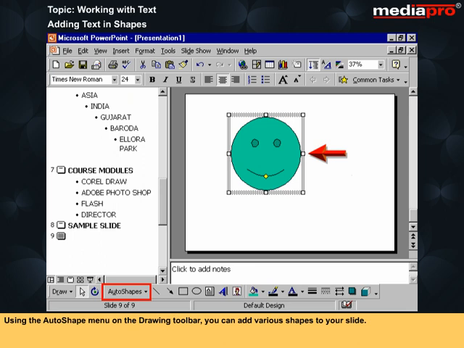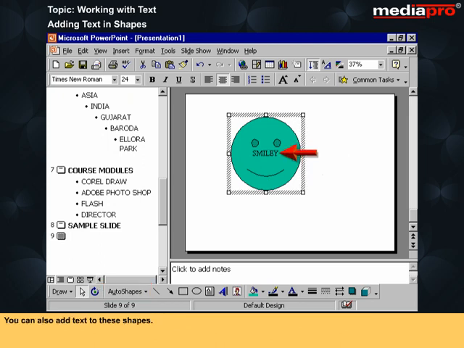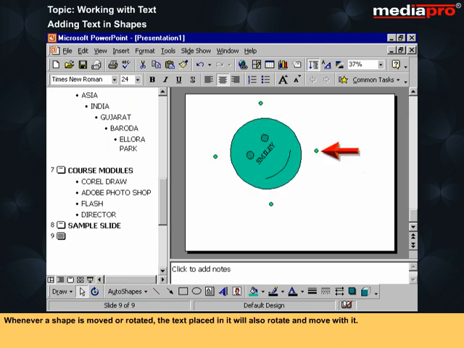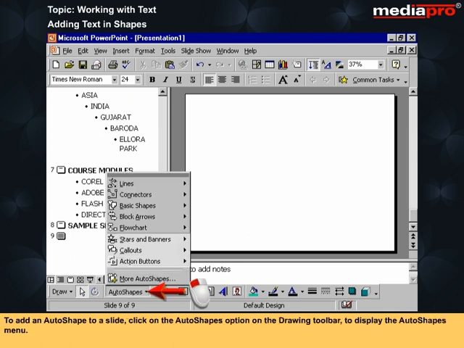Using the Auto Shape menu on the Drawing toolbar, you can add various shapes to your slide. You can also add text to these shapes. Whenever a shape is moved or rotated, the text placed in it will also rotate and move with it. To add an auto shape to a slide, click on the Auto Shapes option on the Drawing toolbar to display